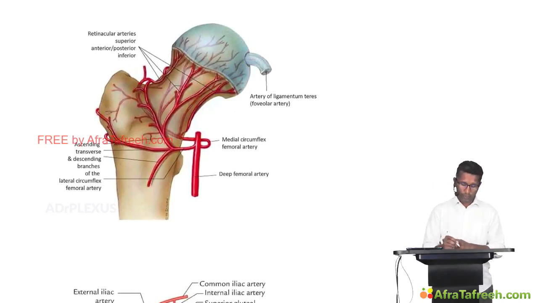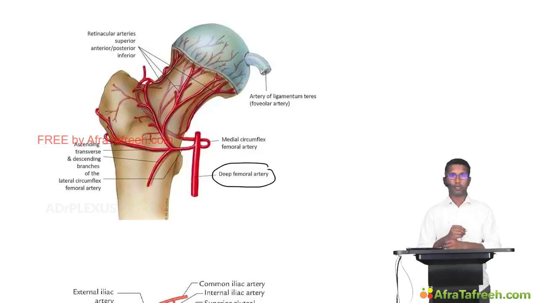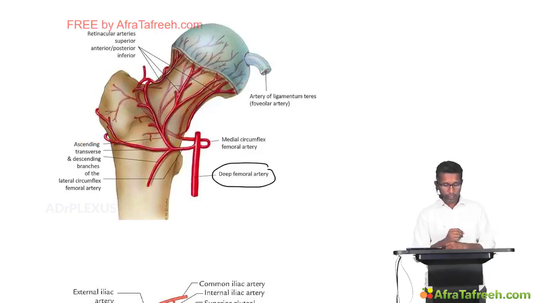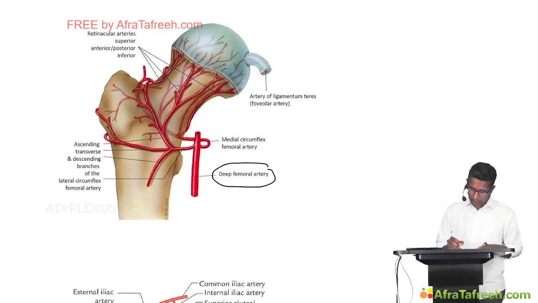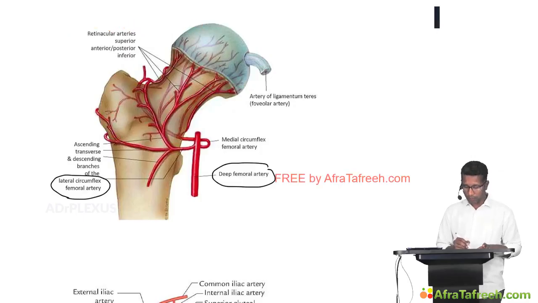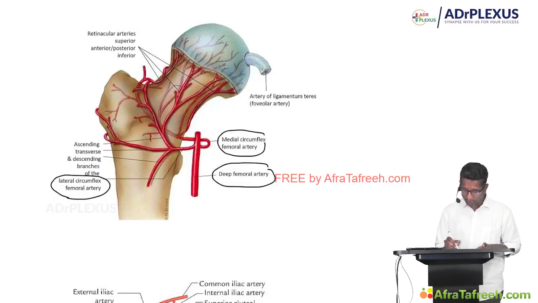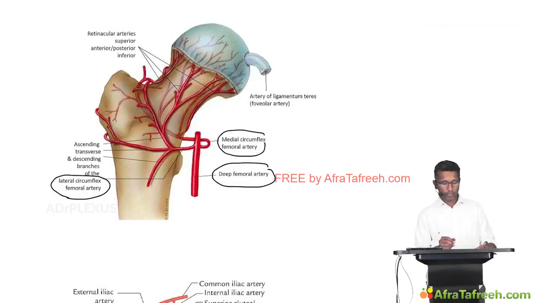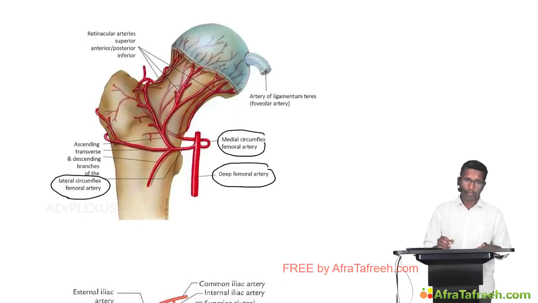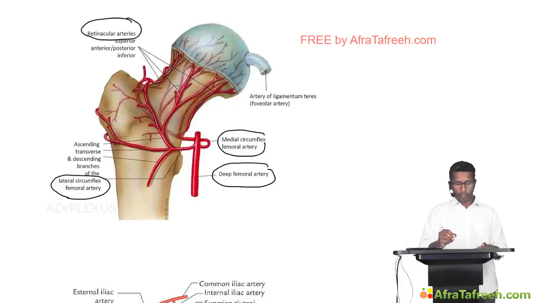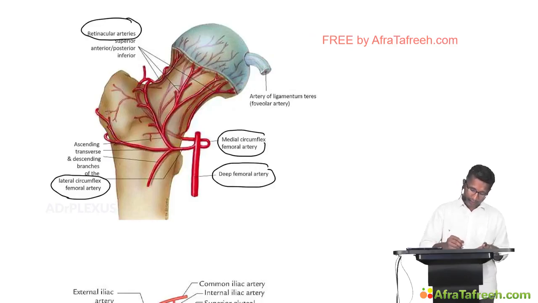As you all know, the deep femoral artery, also called the profunda femoris artery, gives rise to the lateral circumflex femoral artery and the medial circumflex femoral artery, which form an arterial ring around the intertrochanteric region. From the arterial ring you get the arteries called retinacular arteries. The blood supply to the head of the femur comes through the retinacular arteries. Now if there is a fracture in this area,